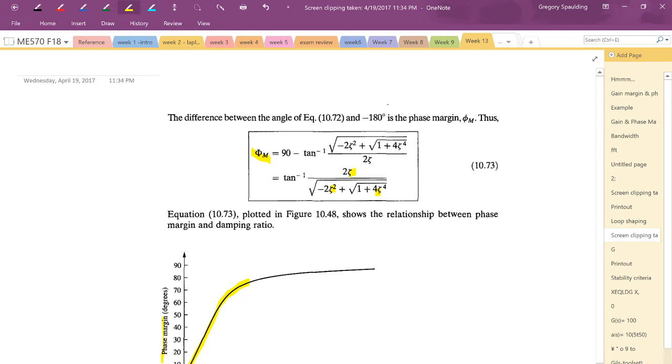Okay, so what this means in terms of our Bode plot is if we don't want a lot of oscillation, we need to have a high phase margin. The lower the phase margin is, the more oscillation we're going to have in our system. Okay, so there's a direct relationship there that we need to be mindful of as we start doing our design,